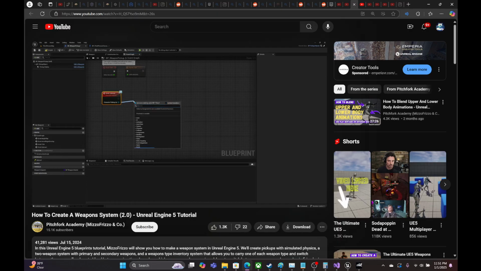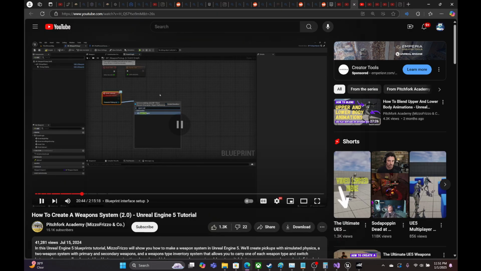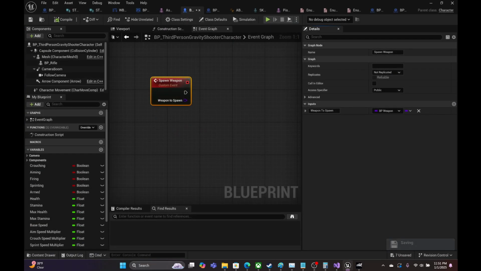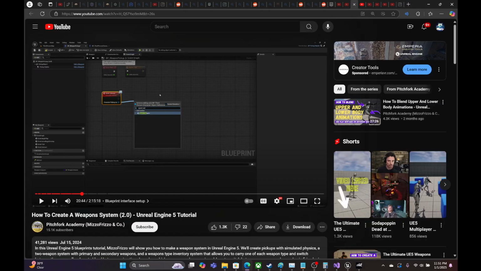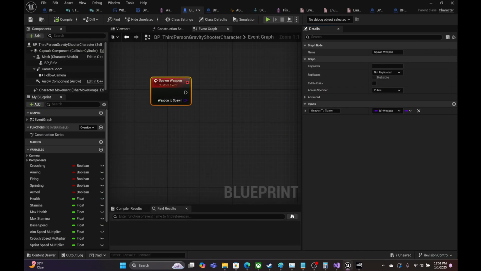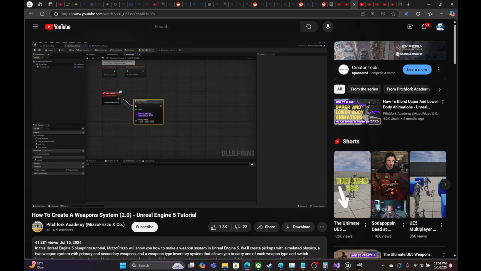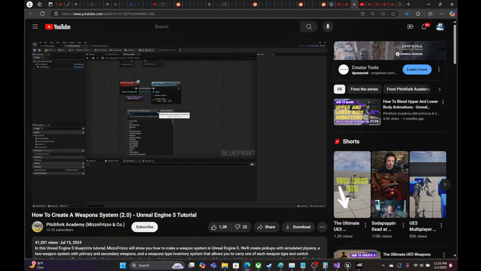So if you drag off of character picking up right here, you should be able to call the spawn weapon custom event that we've just created. And then the weapon to spawn here is going to be the weapon to spawn variable that we created. And here for pickups location, what we can do is just